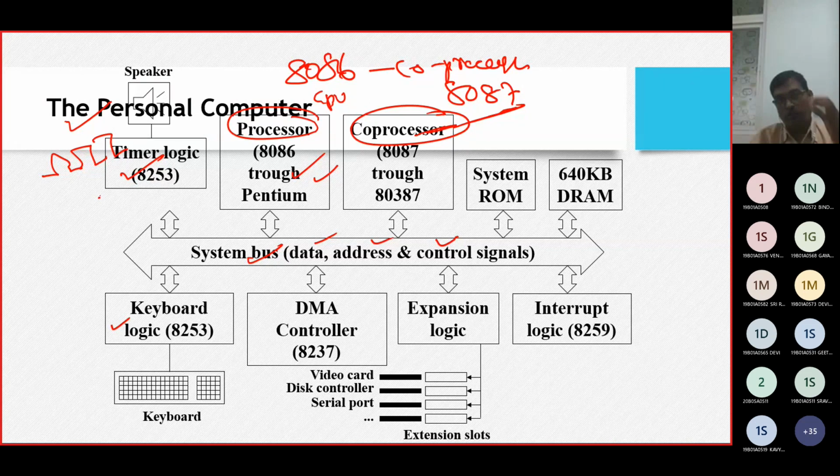The general application will not be able to satisfy that. An external chip needs to be given to that. That is the reason why a co-processor is needed. Later on, we have the system memory where we have the read-only memory, and similarly the primary memory where we have static RAM and dynamic RAM.